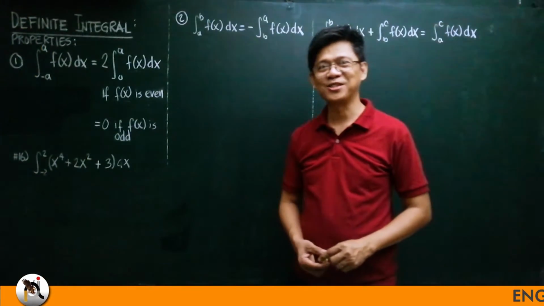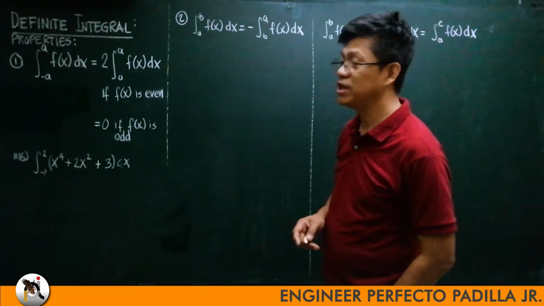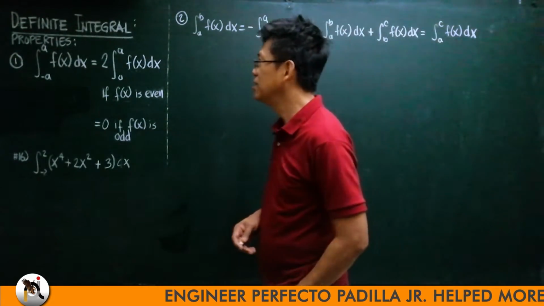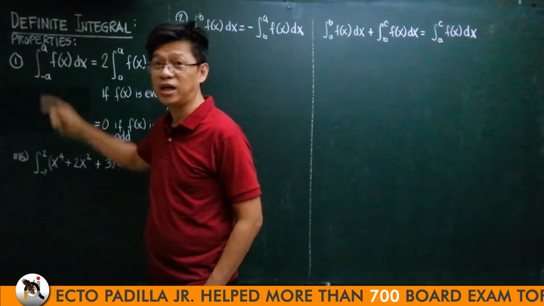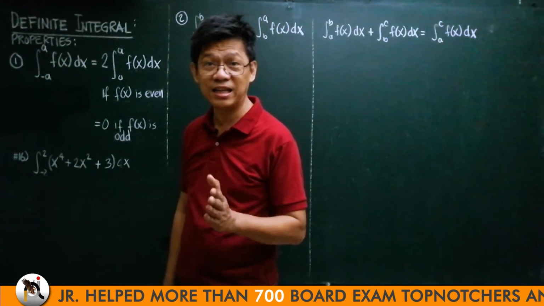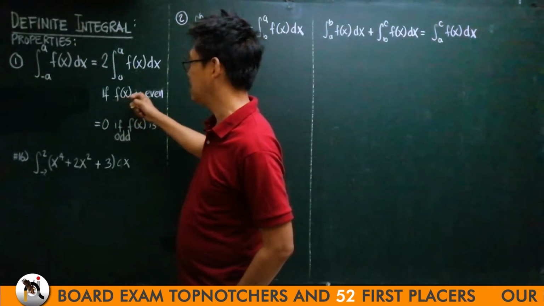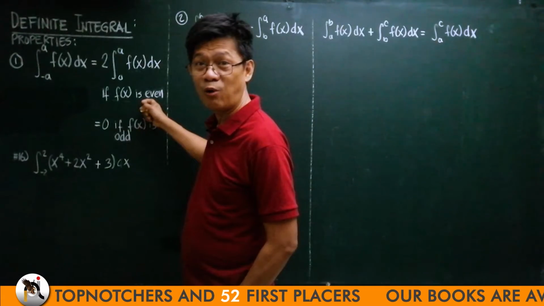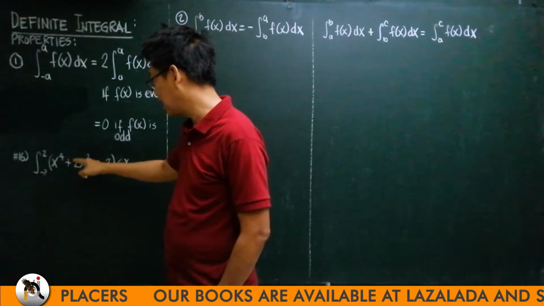Good morning. So let us go now to definite integrals. For the properties of definite integrals, if you have here the limits as negative a to a, wherein a are real numbers, then if your f of x is an even power of x, meaning the exponents are even,